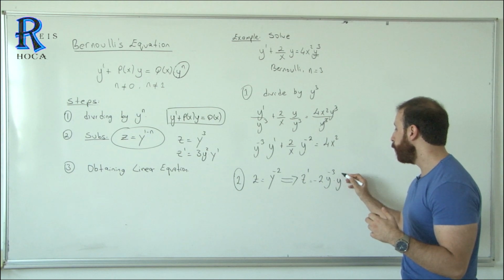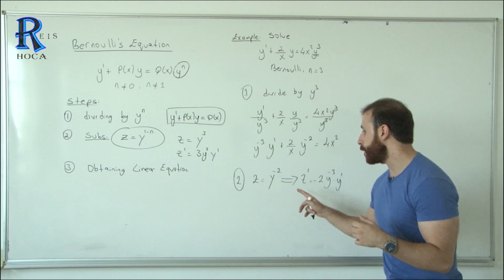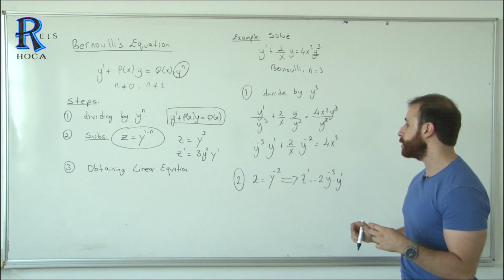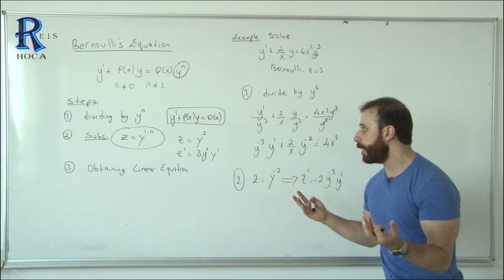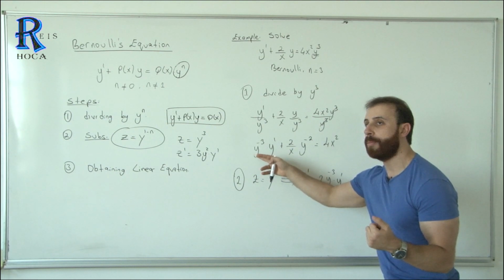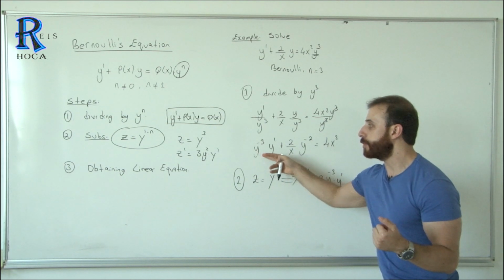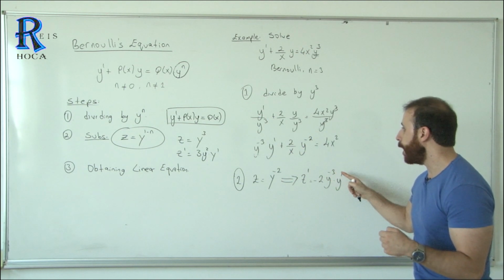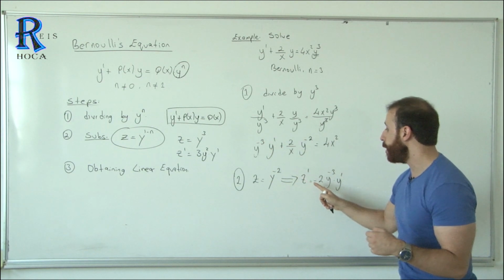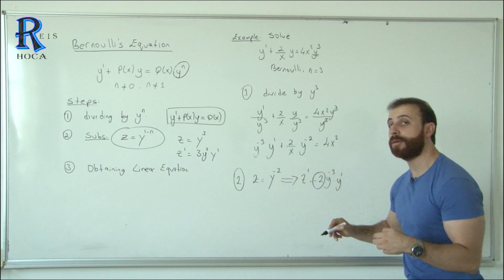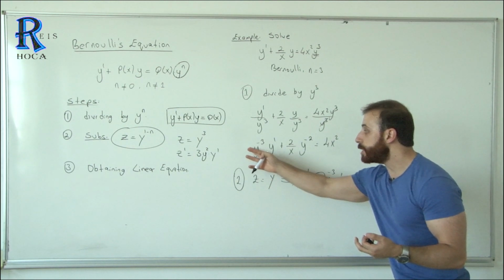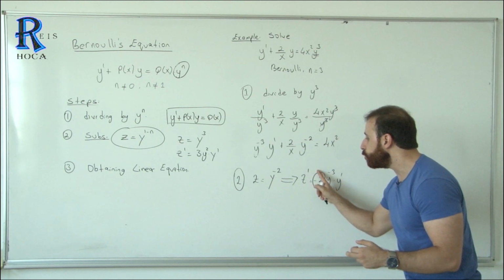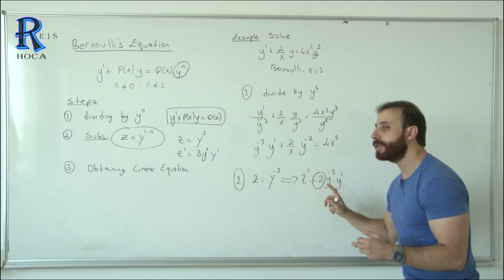Don't forget to put y prime to show we are taking the derivative: z prime, y prime, and the derivative of this part, minus 2y to the power of minus 3. If you did everything correctly, this part must give us the derivative and this part z. But we have y to the power of minus 3, y prime, and there is an extra minus 2. But there is no minus 2 here. So to obtain this part, you always have to multiply your equation by this constant.